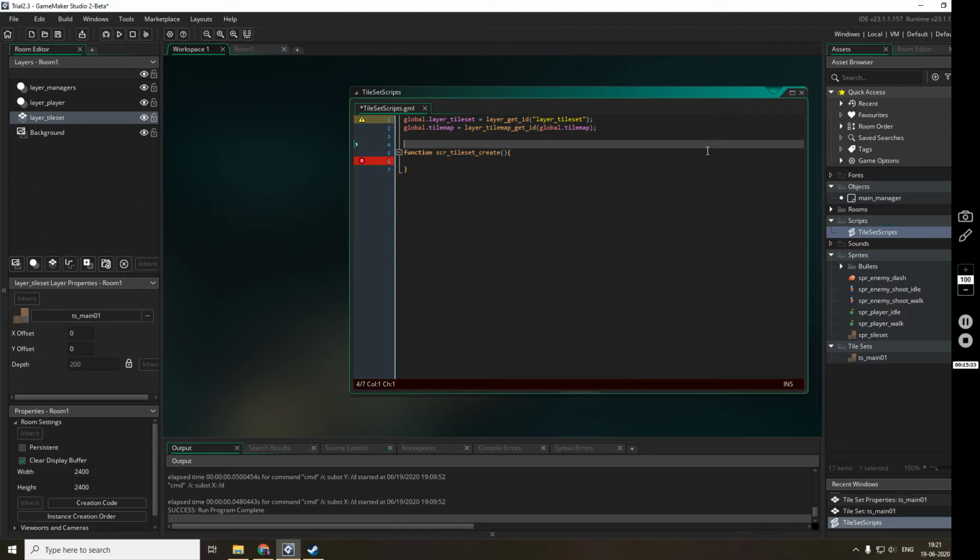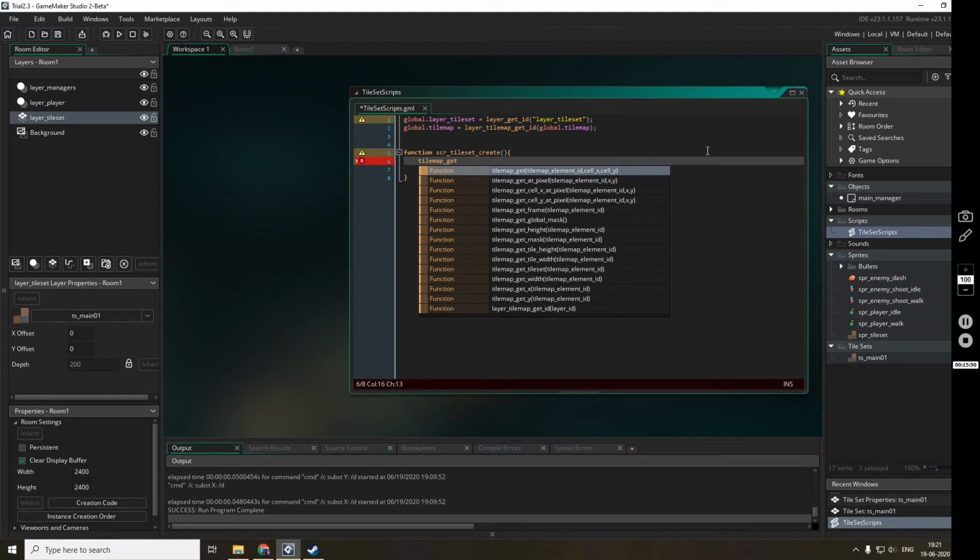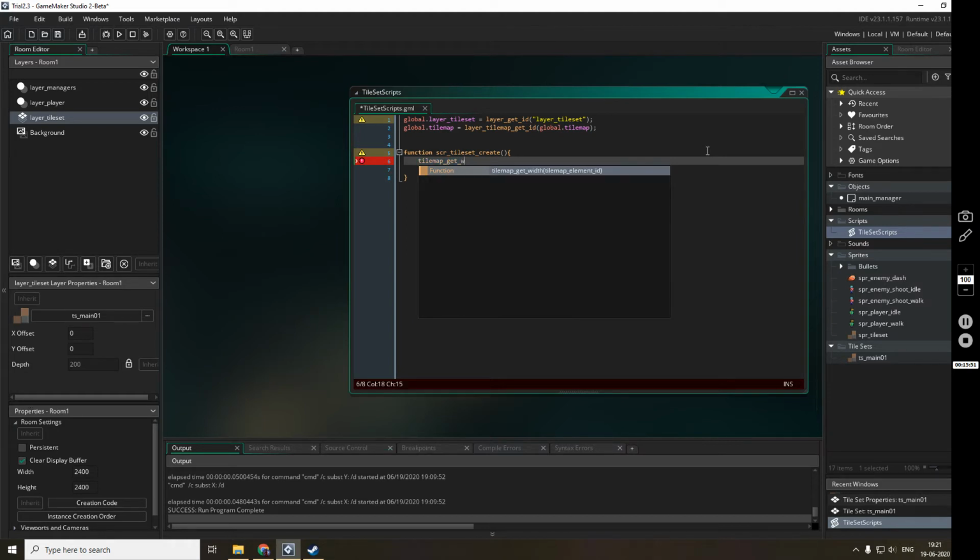There is tile map get width and tile map get height.